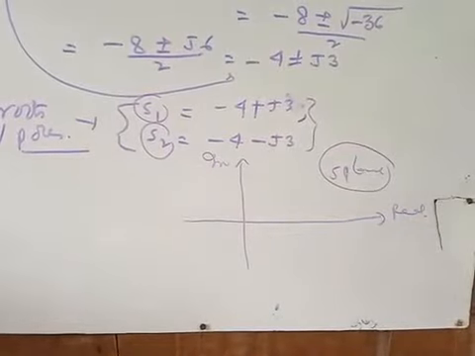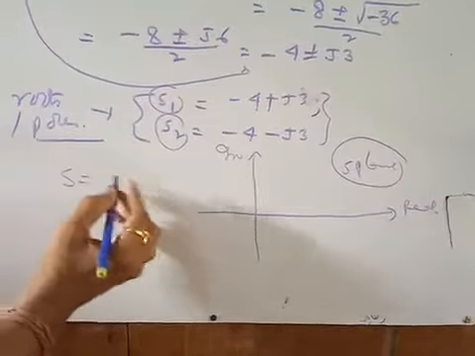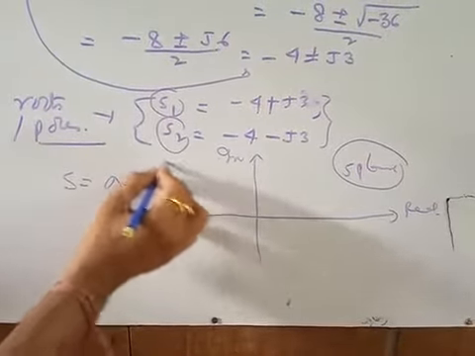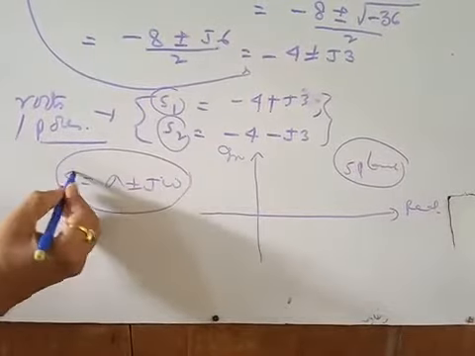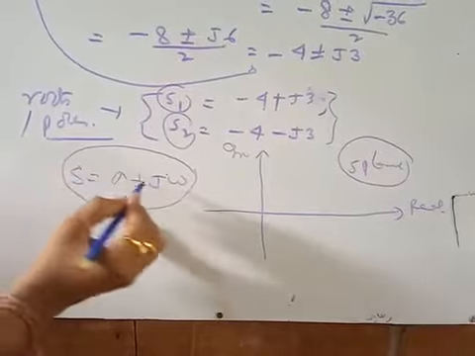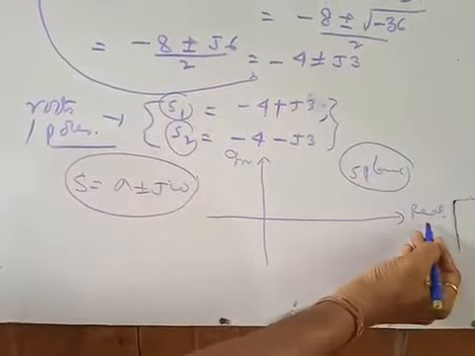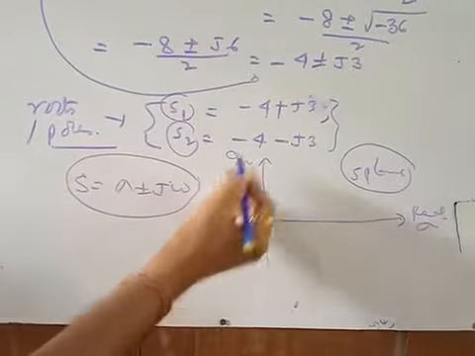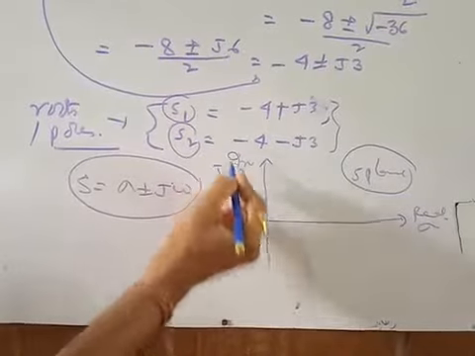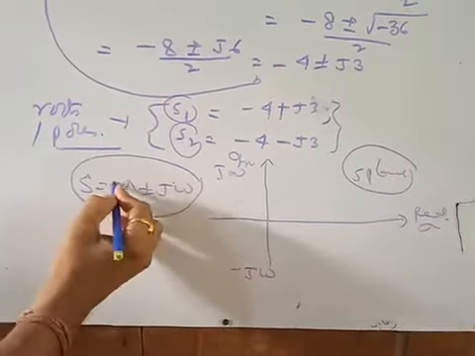As we are discussing the s plane, s plane means s is equal to sigma plus or minus j omega. This is the equation of the s plane, where s is the Laplace domain variable, and this is your real part plus or minus j omega. See, this is your real axis, this may be sigma, and this is your imaginary axis, that means the j omega axis. So if this is plus j omega, this is minus j omega.